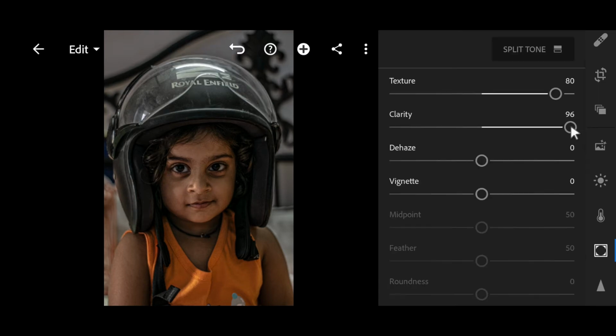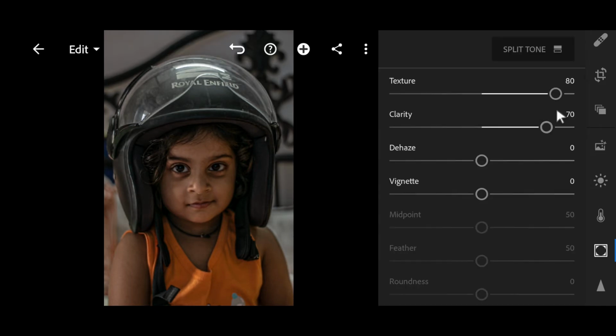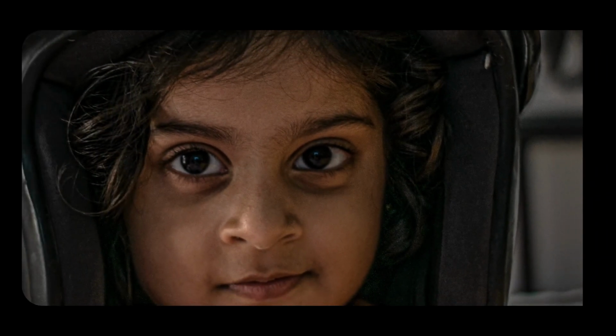I'll not keep it at 96, but I'll reduce it to somewhere around 70 will be fine. But still, I'll just take a closer look at the face. I'll just zoom in over here. Look at this. It is not that sharp, but definitely it is looking good.